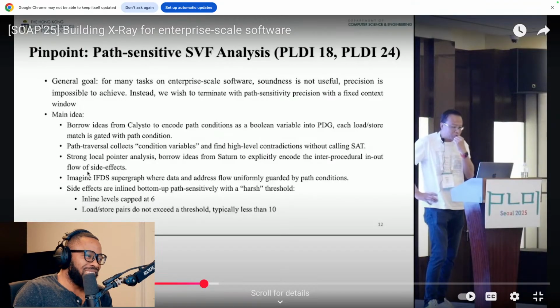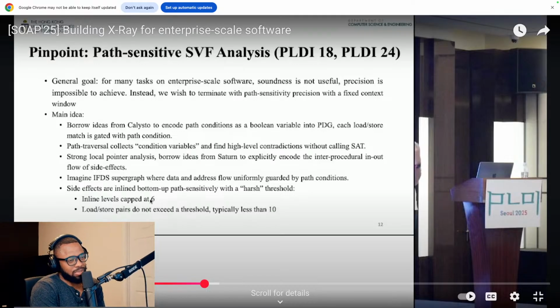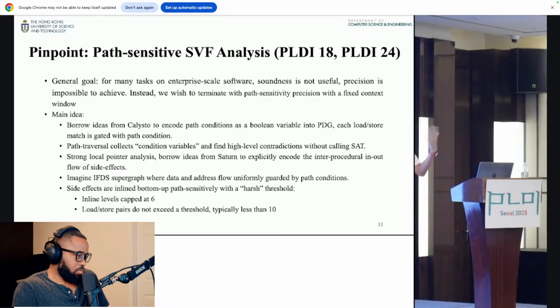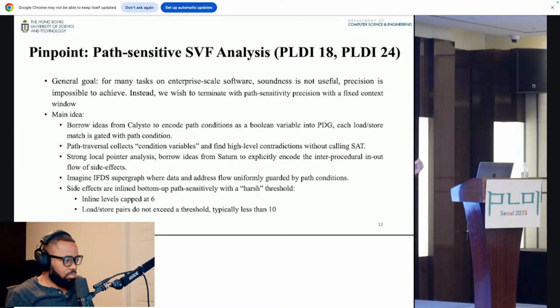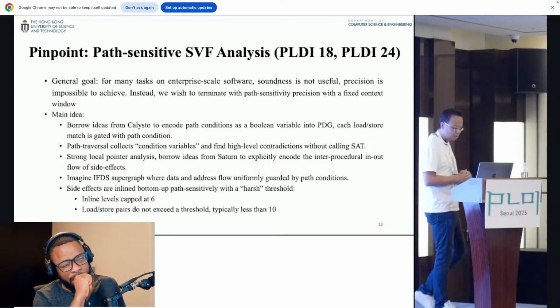So which means that we want to have the highest possibility of precision, especially with enterprise software, which prominently uses frameworks and wrappers and layers of abstractions, which is path sensitivity, of course, plus context and flow, all these sensitivity fields. Right? So all these sensitivities we want, in particular bringing path sensitivity into the picture, but with a fixed window. Right? So with fixed levels of context. So hopefully we can produce some good results in software of that size.